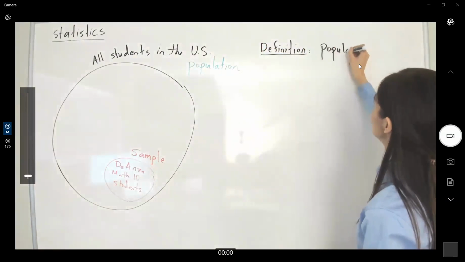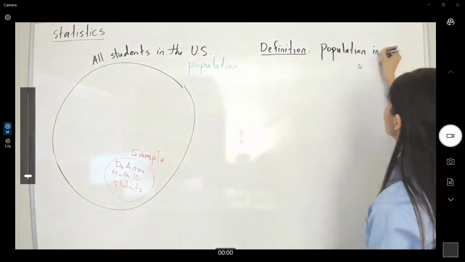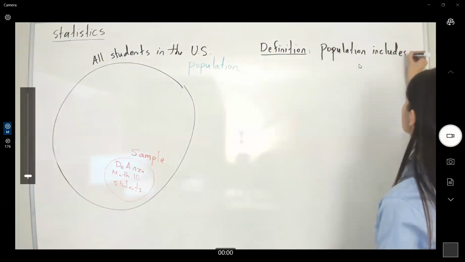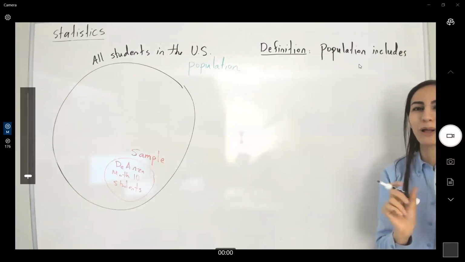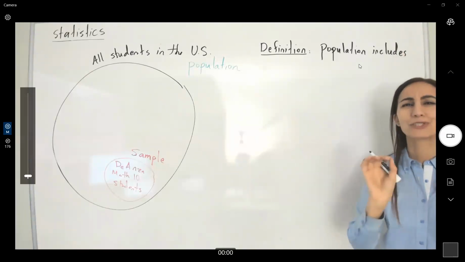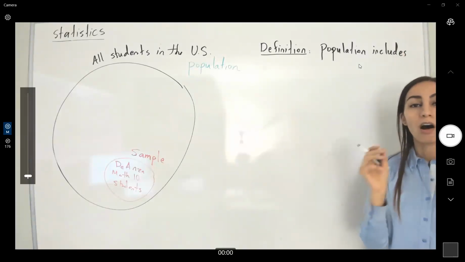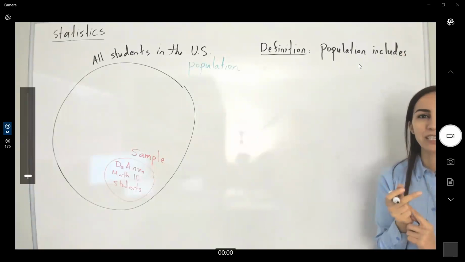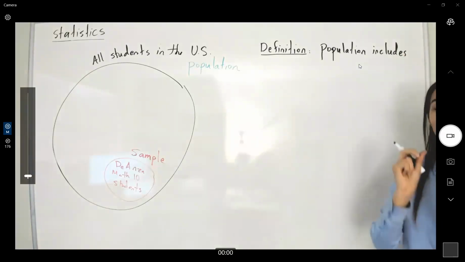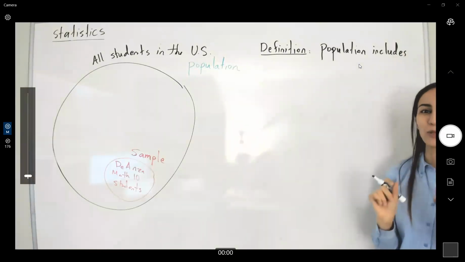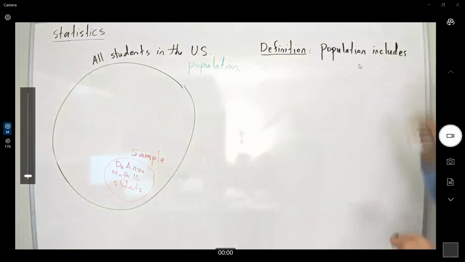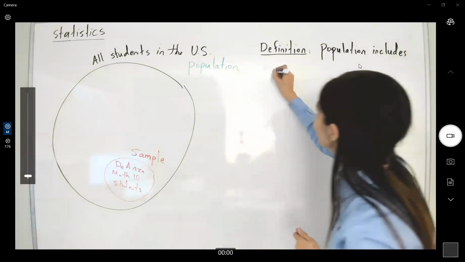Population includes, guys, here we have a small keyword which is super important. All, every, related to population. So population includes all